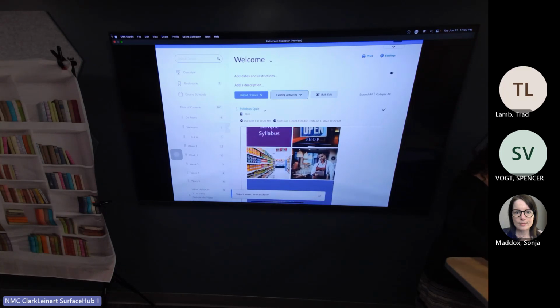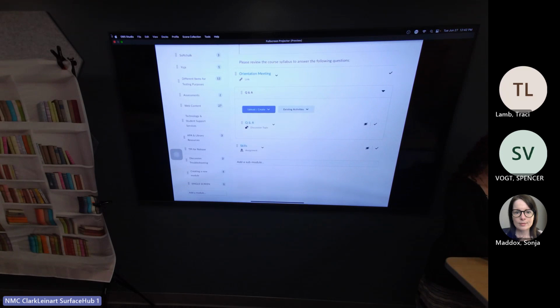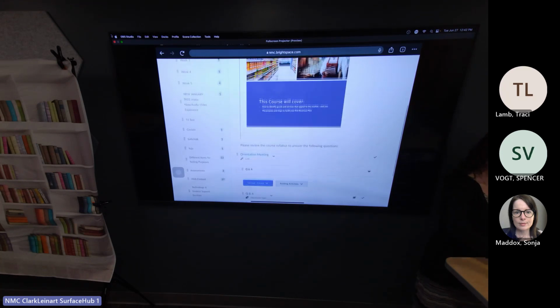And like I said, anything that you add in, Brightspace always puts at the bottom of your list. But anywhere you see these little 8 dots, you can drag that to kind of reorder it. I feel handicapped without my mouse. Now it's being all weird. But you could grab that to put them into a different order.